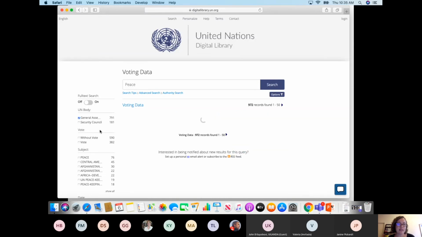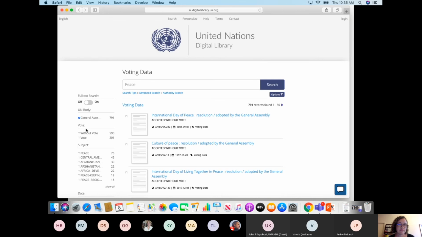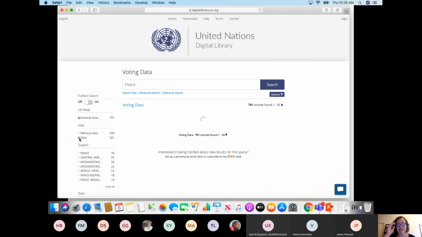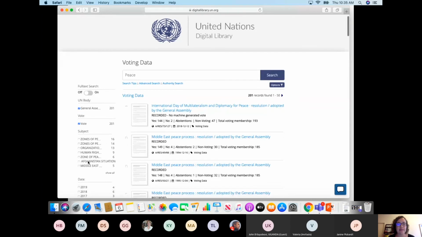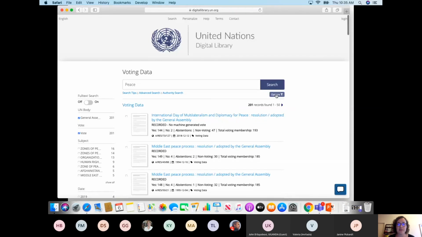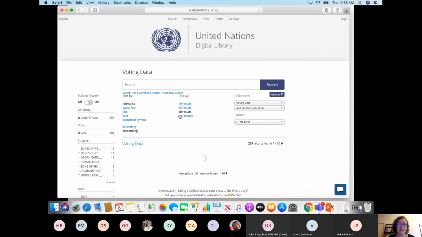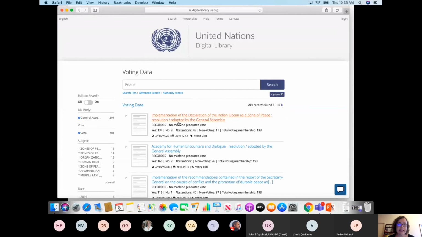So I'm going to choose General Assembly. Sorry, I should say General Assembly resolutions adopted or Security Council resolutions adopted. You can see you can filter on the side between vote and without a vote. And then you can filter by subject and by date. So I'm just going to choose options, year, to get my most recent results at the top. And then you can see here we've got a vote here that tells me a summary of how member states voted. And if I click on the result,